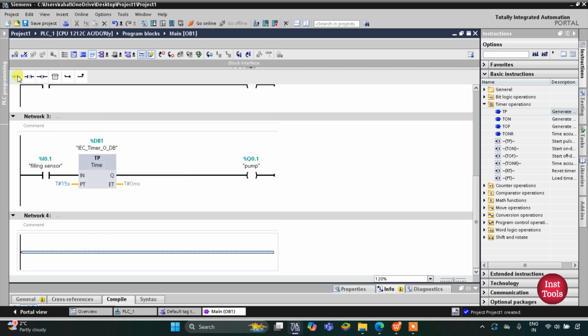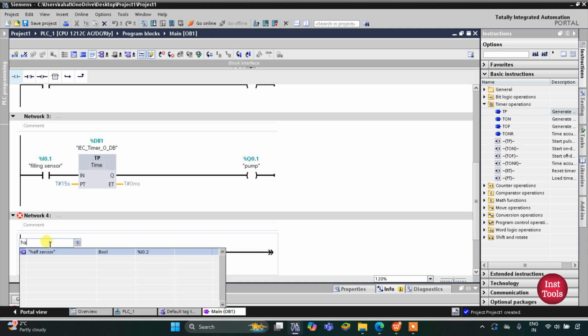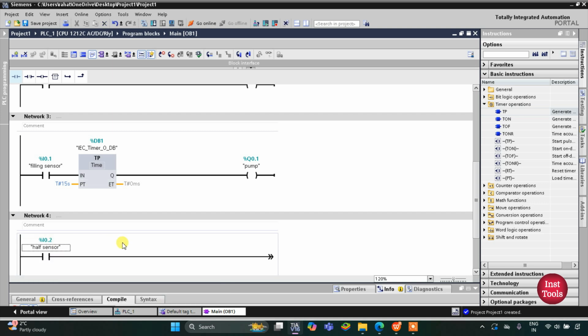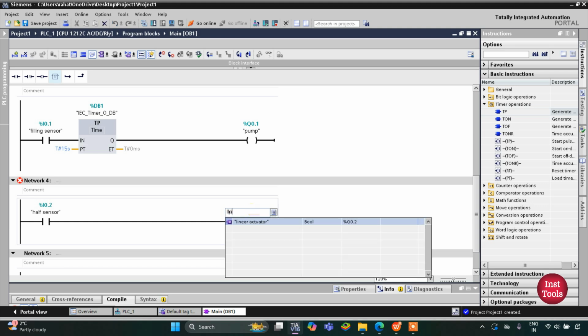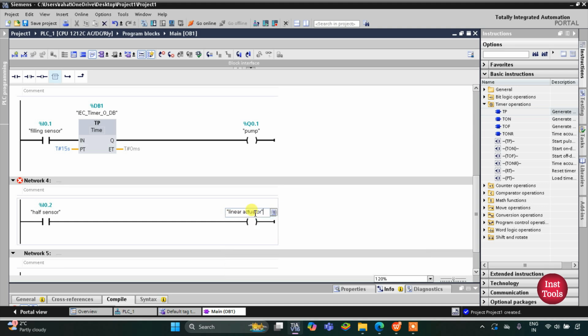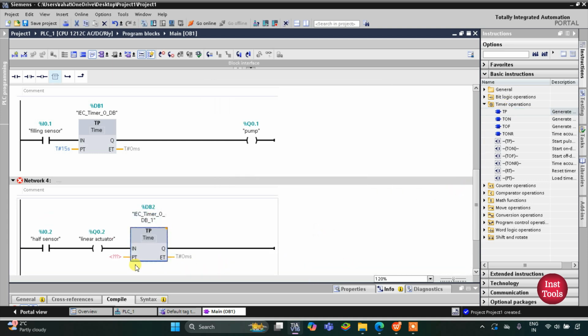we'll use network 4 where we will use a normally open contact for half sensor, the sensor which detects the bottle is half filled. If this sensor gets activated, then the linear actuator will get activated. Then the linear actuator will punch the bottle to the previous conveyor. So this will be the linear actuator. So this linear actuator will get activated for 5 seconds. So for that we will use a timer, that is TP, and the preset value for this will be 5 seconds. So I will move this like this,